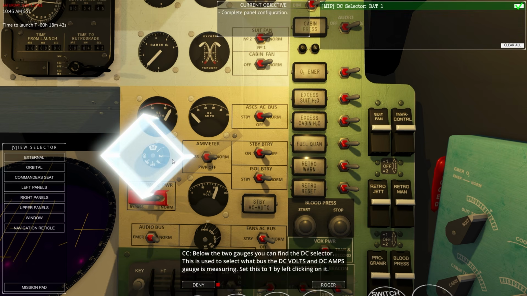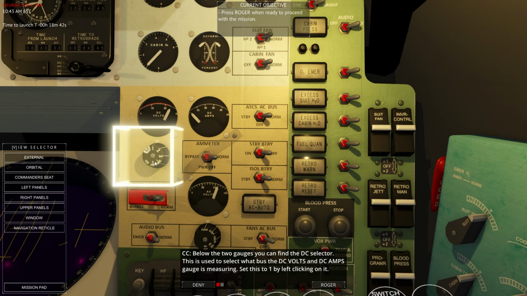Below, you can find the DC selector. This is used to select what bus the DC volts and DC amps gauge is measuring. Set this to 1 by left-clicking on it. The DC amps and DC volts gauge now shows the voltage of battery 1 and the current load on